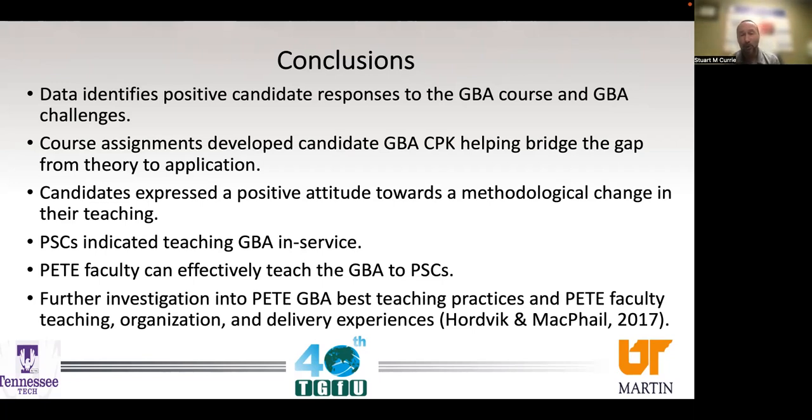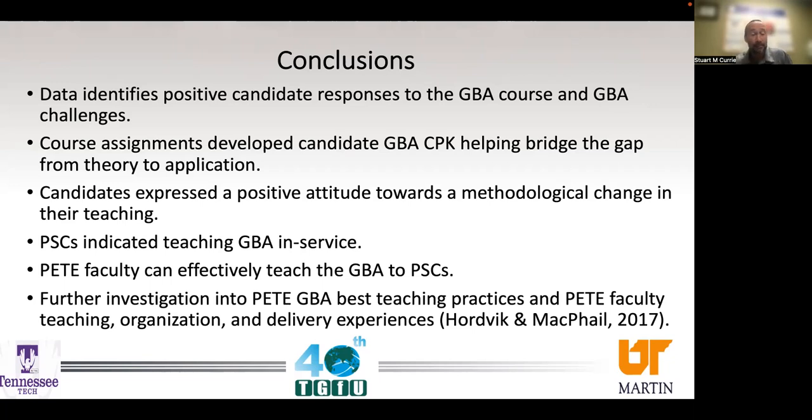Candidates expressed a positive attitude towards a methodological change in their teaching. And then PSTs indicated teaching using this game-based approach in service when they get certified in their future teaching careers. And that's great to read.